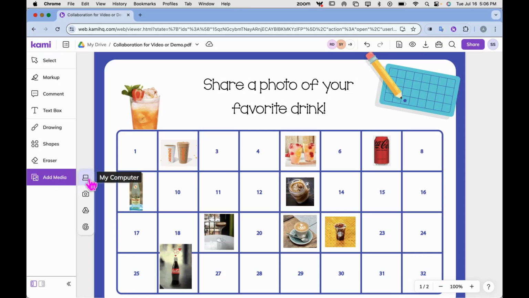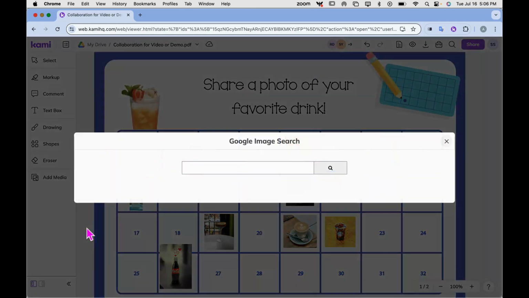From here, she has 4 choices. She can find an image on her computer. She can take a picture with the camera. She can head to her Google Drive to select an image, or she can choose the Google image search. There are other options in Add Media, but these are the 4 that her teacher has chosen for her to access. So we'll go ahead and click for the Google image search,